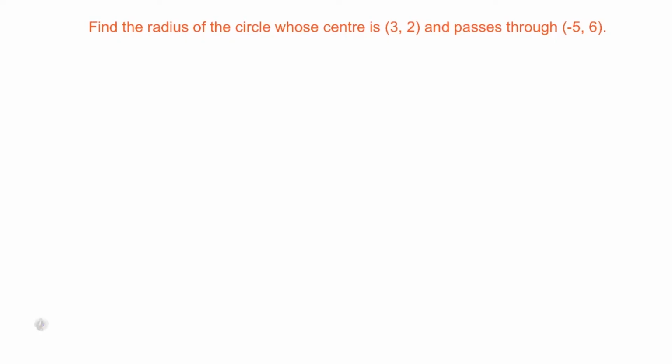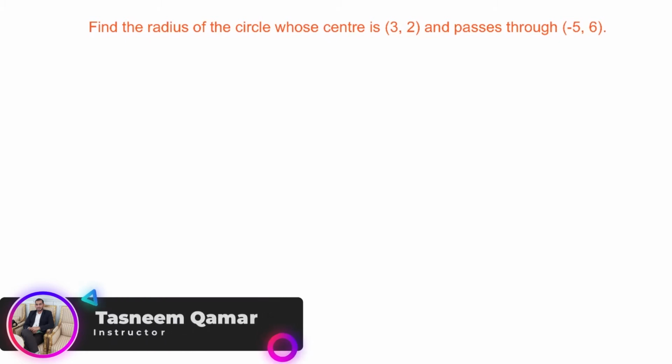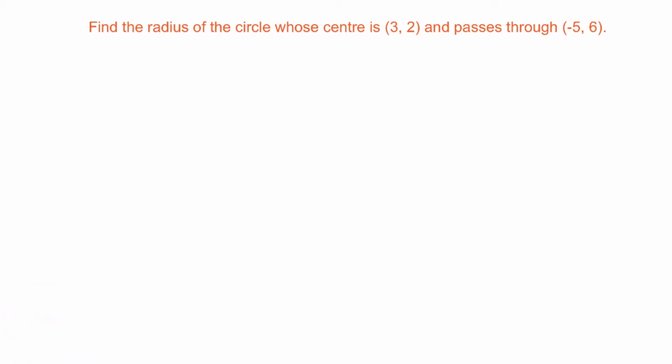Find the radius of the circle whose center is (3, 2) and passes through (-5, 6). So we need to find the radius of the circle. First of all we have to understand what the radius of the circle is. The radius of the circle is the distance between the center and any point on the circle through which it passes. So if we can find the distance between the center and the point which it is passing through, then it